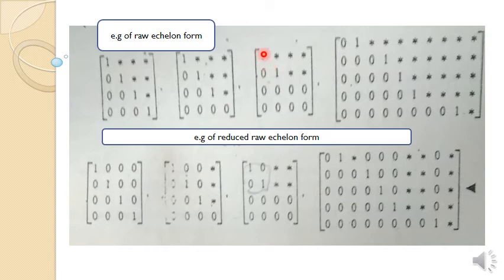So what is the condition for row echelon form? In the diagonal we have to make 1 1. So here in the diagonal we have a 1, and what is the next possibility? We have to make 0 which is below the diagonal entry. So there is only one entry, so we made it 0, and the other entries are 0 or not 0, it doesn't matter.